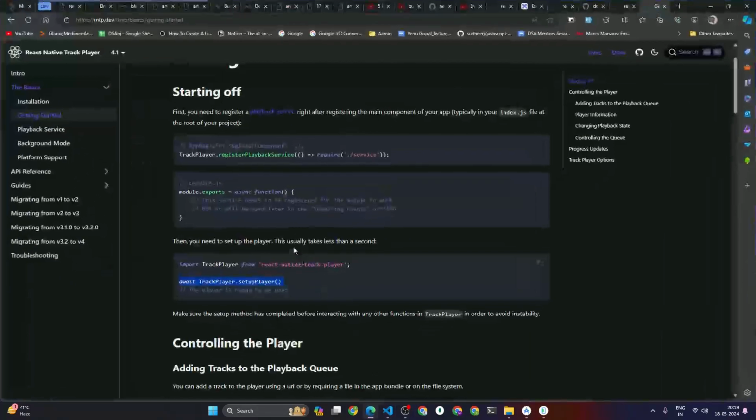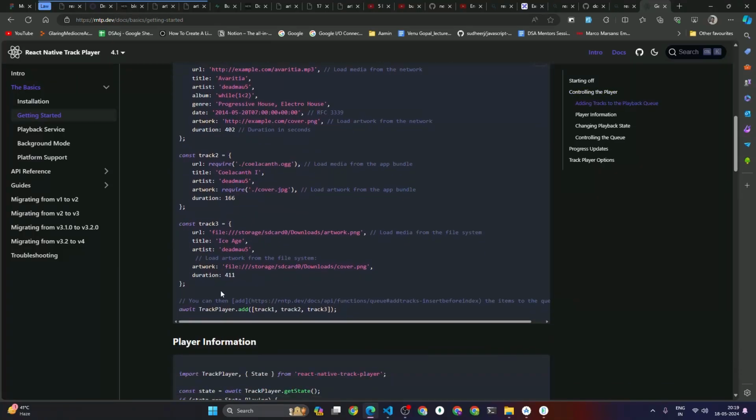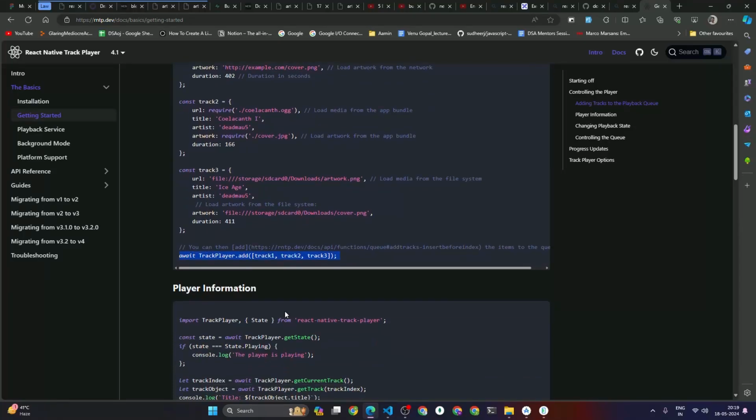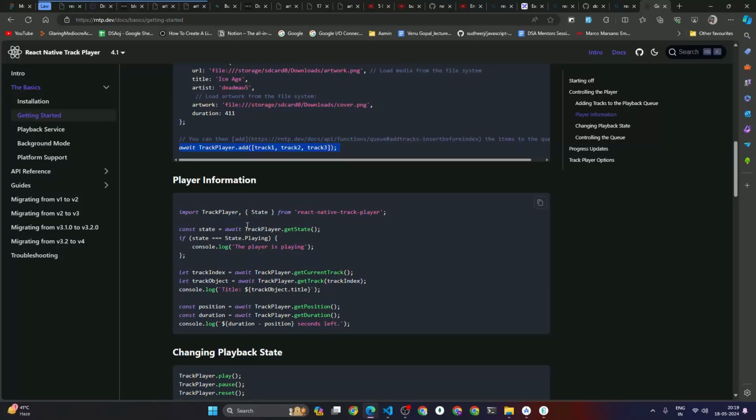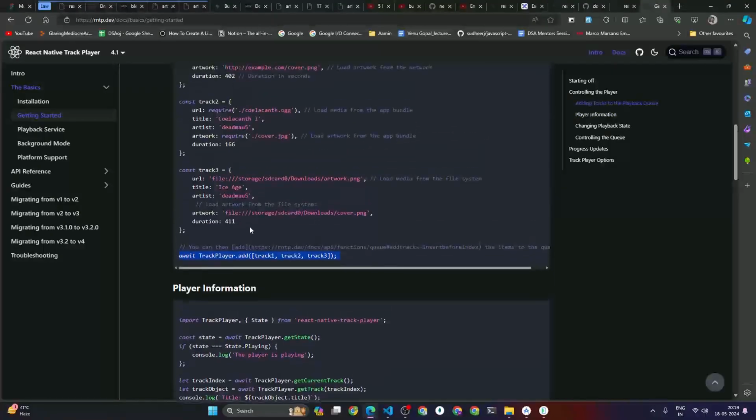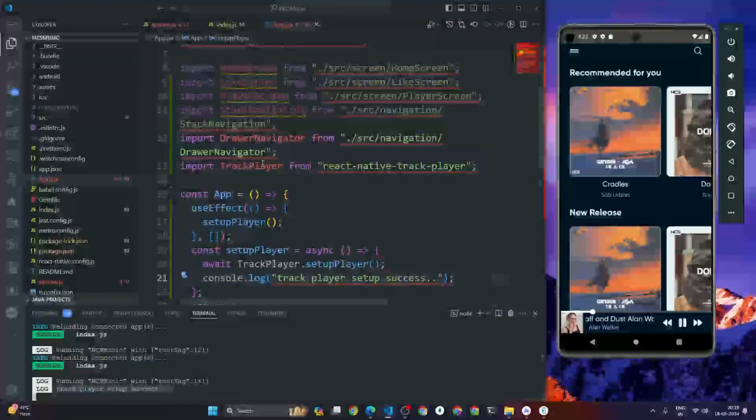Now if I go to the browser, as you can see, for adding tracks to the player playback queue, we are having some data. So this is how we can add the data. If you are having multiple data, you can add it like this, or you can just add one object as well. So what I'm gonna do, guys, just for playing purpose,